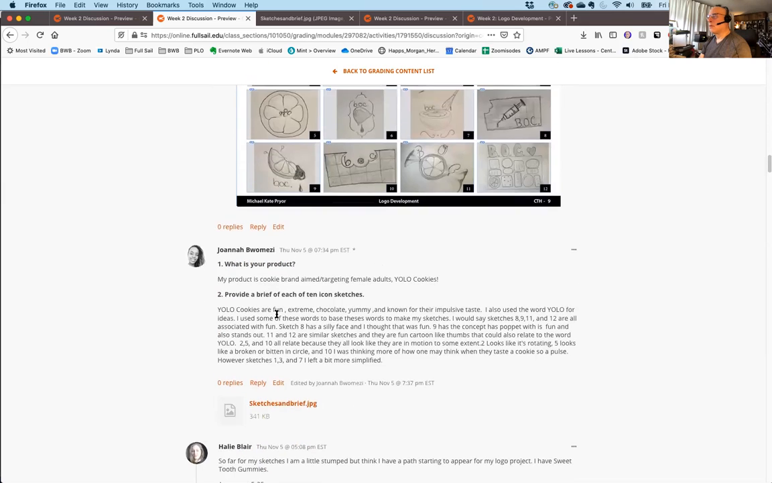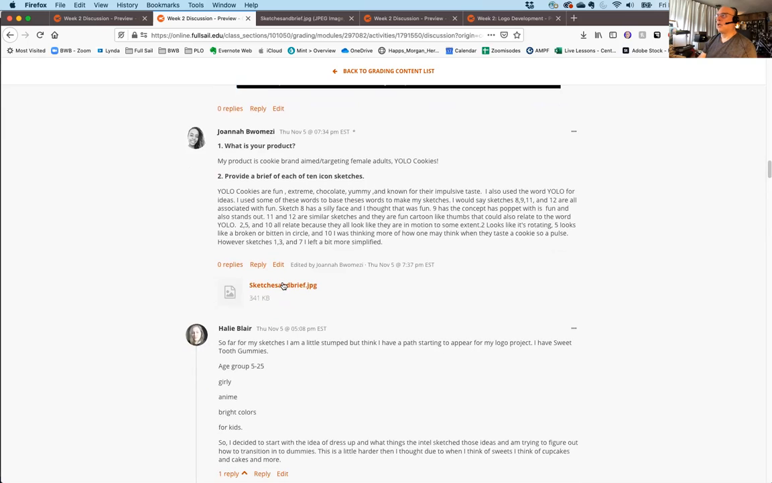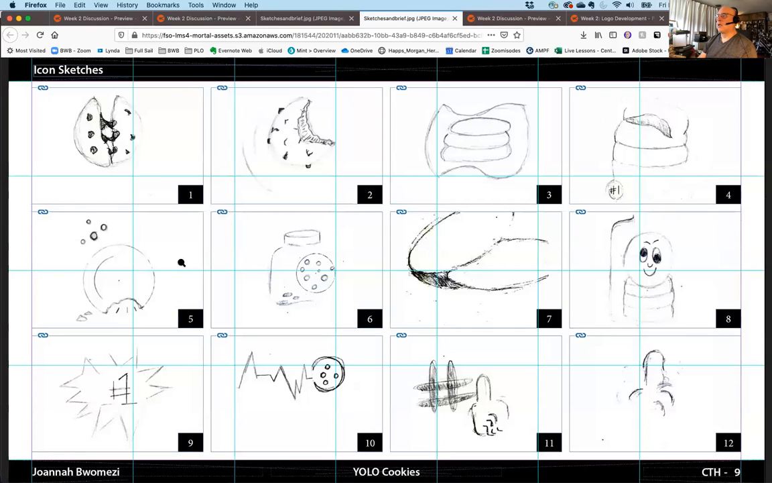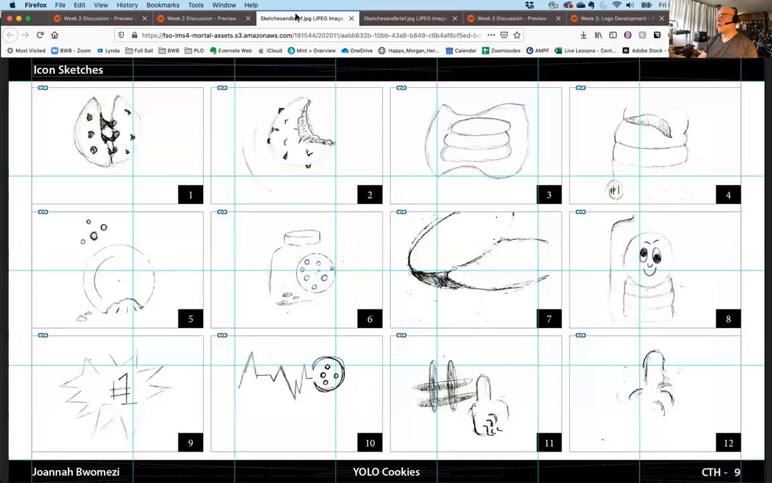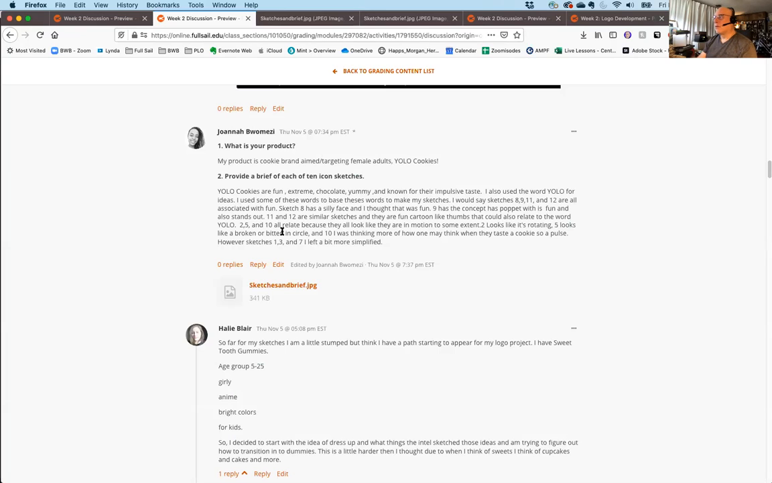So, all right, Joanna, you are doing, what is it? Yellow cookies. So I see a lot of cookies, and number 1 in some sort of character. It's a little hard to tell what these are. Let's see. Face, silly, fun, puppet,